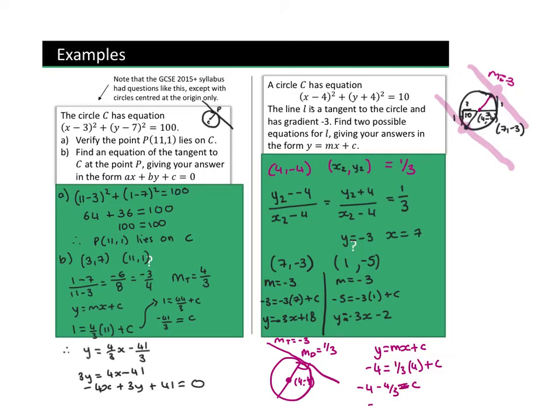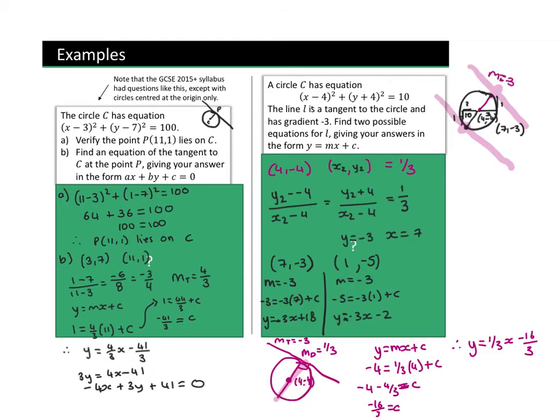Minus 4, so I'm going to get minus 16 over 3 equals c. So therefore, the equation is y equals a third x minus 16 over 3. I now have the equation of this straight line here, the diameter. I can substitute that in to the equation of the circle to then find the 2 points at which it